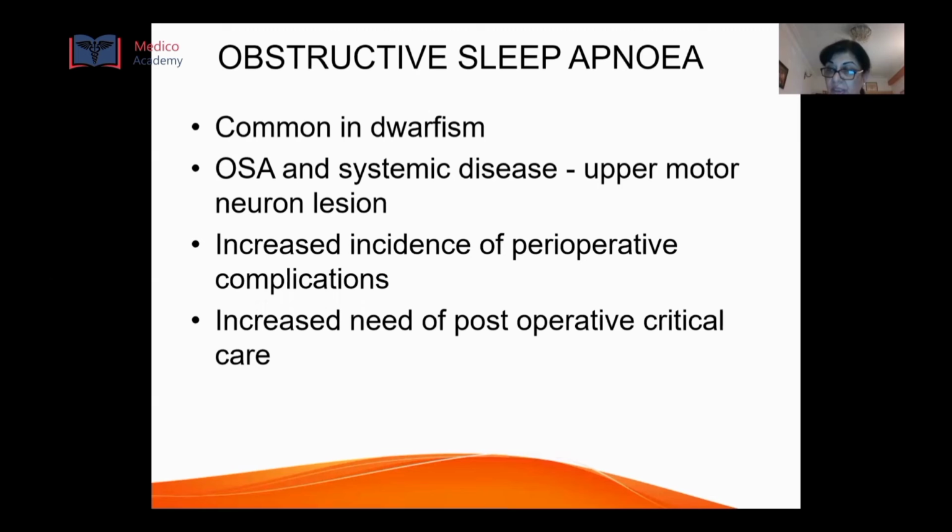Obstructive sleep apnea. This is especially common in dwarfism, either secondary to cervicomedullary cord compression, which is the central OSA, or as a result of thickened pharyngeal and laryngeal structures, narrowed nasal passages, micrognathia, pharyngeal hypoplasia,